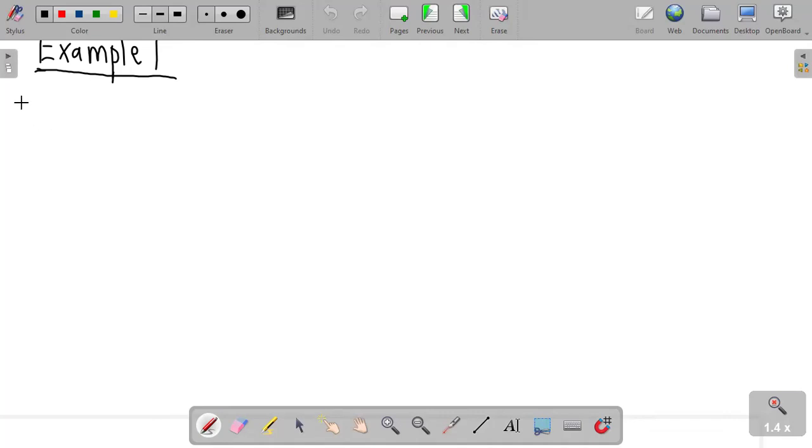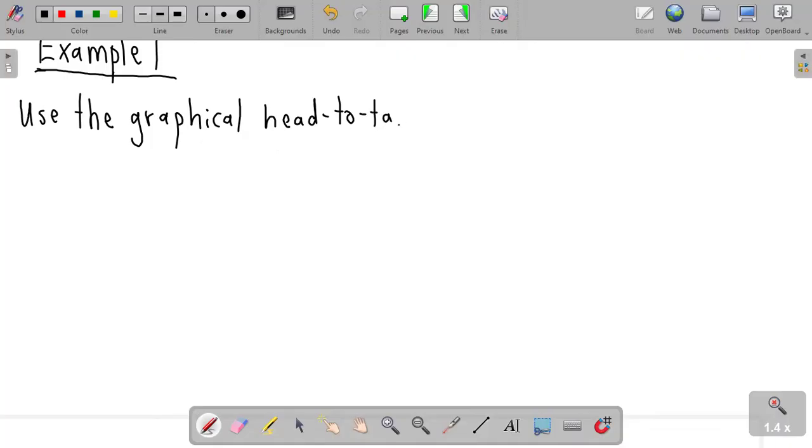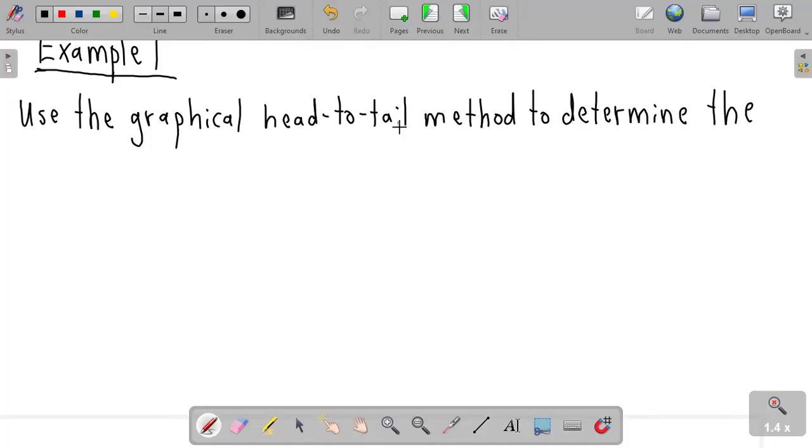The question says: use the graphical head to tail method to determine the resultant force